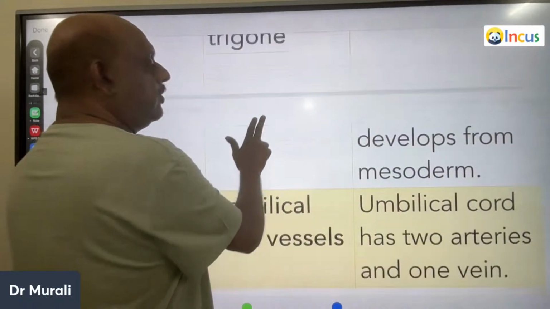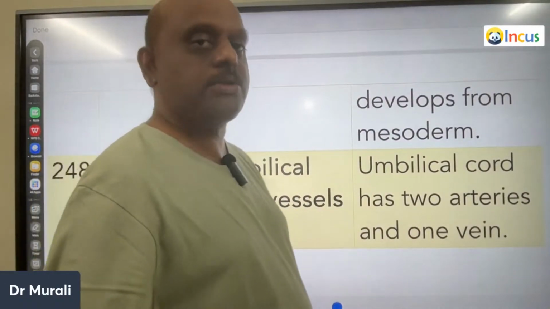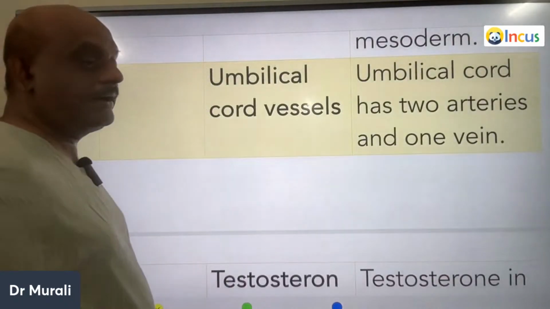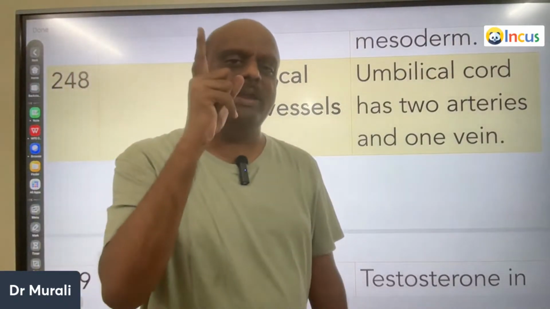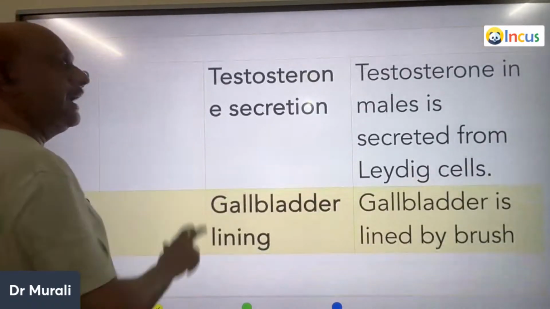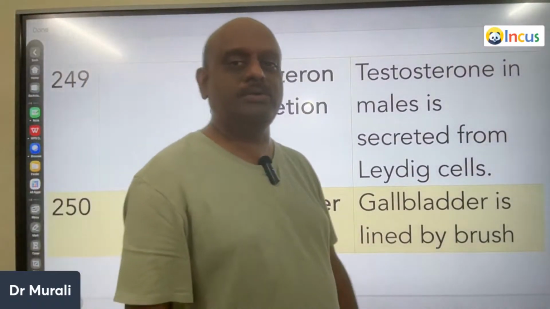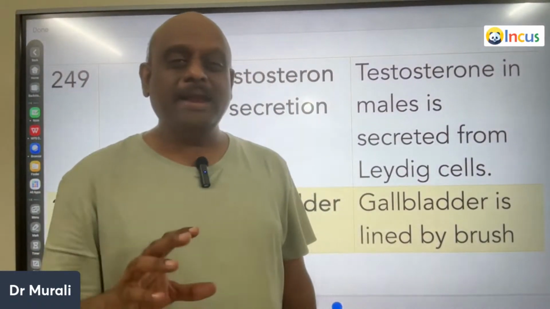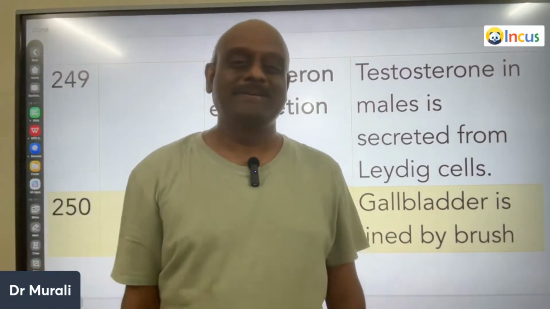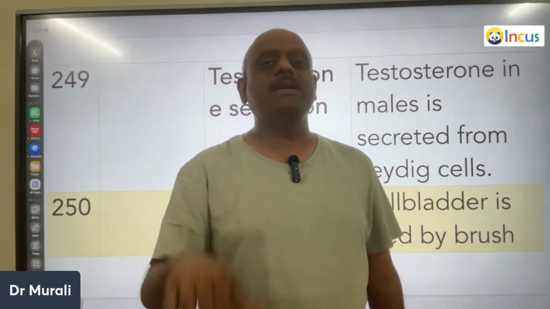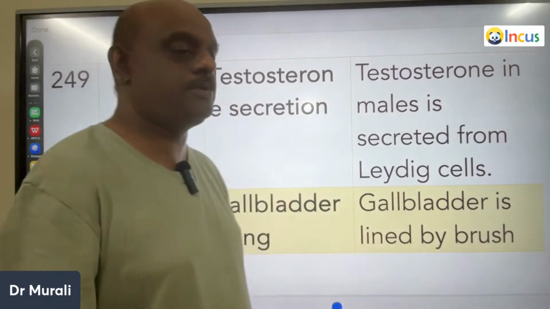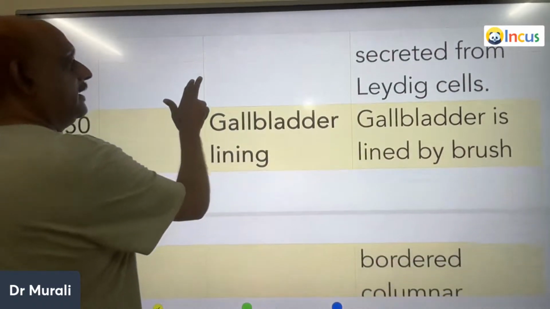From where does the trigone of the urinary bladder develop? It also develops from the mesoderm. How many vessels in the umbilical cord, doctor? 2 arteries, 1 vein are part of the umbilical cord. And it is the Leydig cells which produce testosterone. Leydig cells are under the influence of luteinizing hormone. And when luteinizing hormone tells them, testosterone is produced by Leydig cells. Then